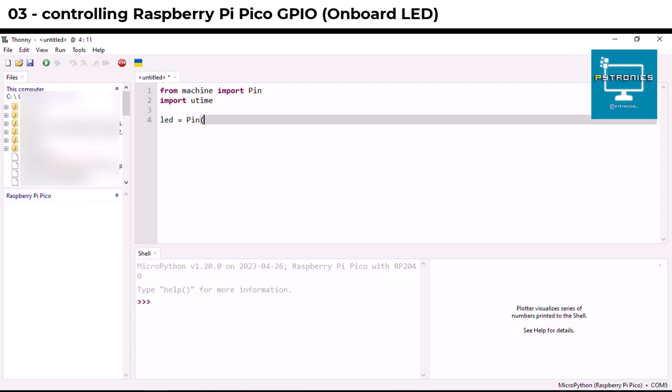Then, we define a new object named LED, where we will use the Pin module that we imported previously to control pin number 25. We will set the mode of the pin to out, which indicates that we will send a voltage of 3.3